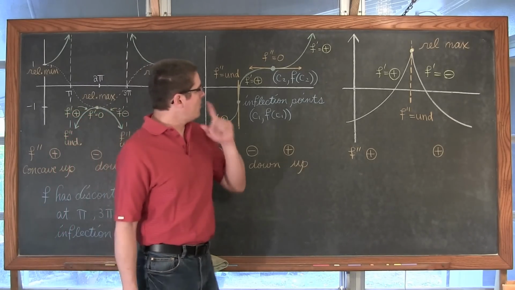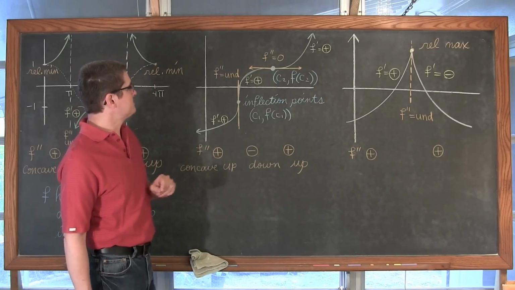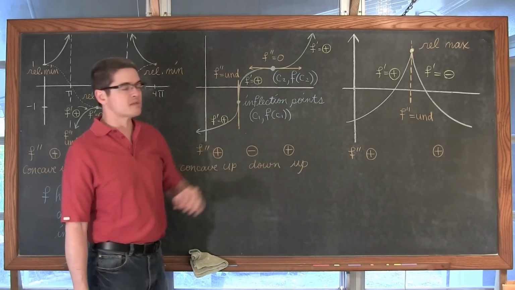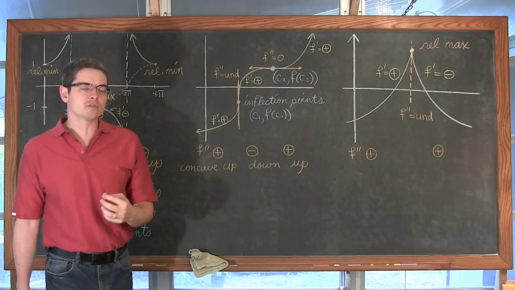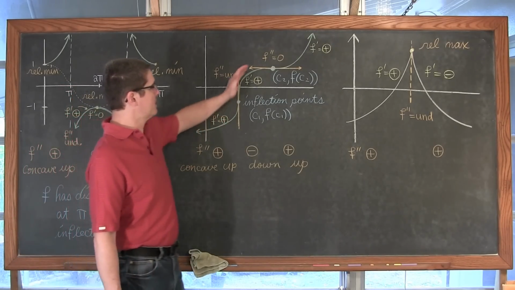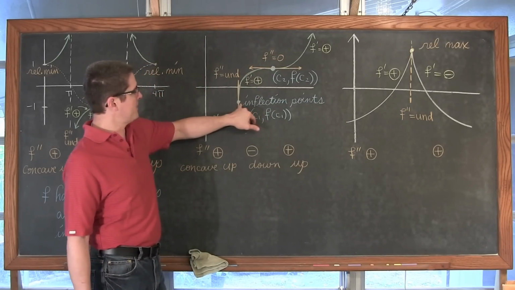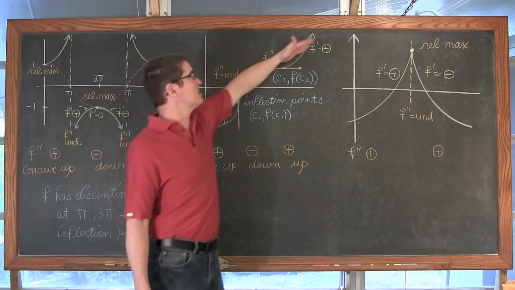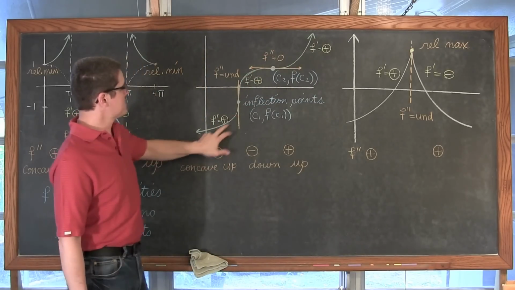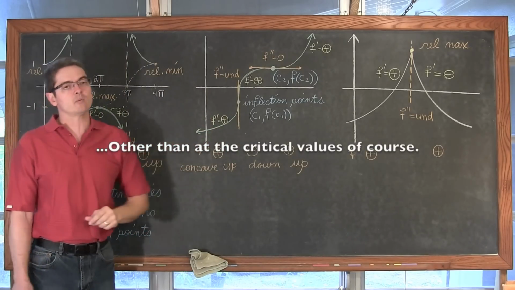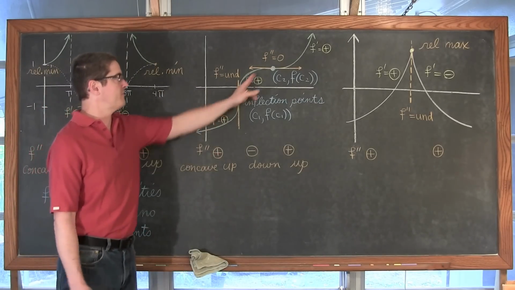Okay. So, also what I want to mention here is just because you find a critical value doesn't necessarily mean, like we learned in the first derivative test, that you're going to find a relative max or min. This graph actually takes a couple of breaks. It's got a place where there's a vertical tangent line, a place where there's a horizontal tangent line, but it just keeps climbing again, and that first derivative never changes from being positive. So this graph would not have a relative max or min, even though we ended up finding a couple of